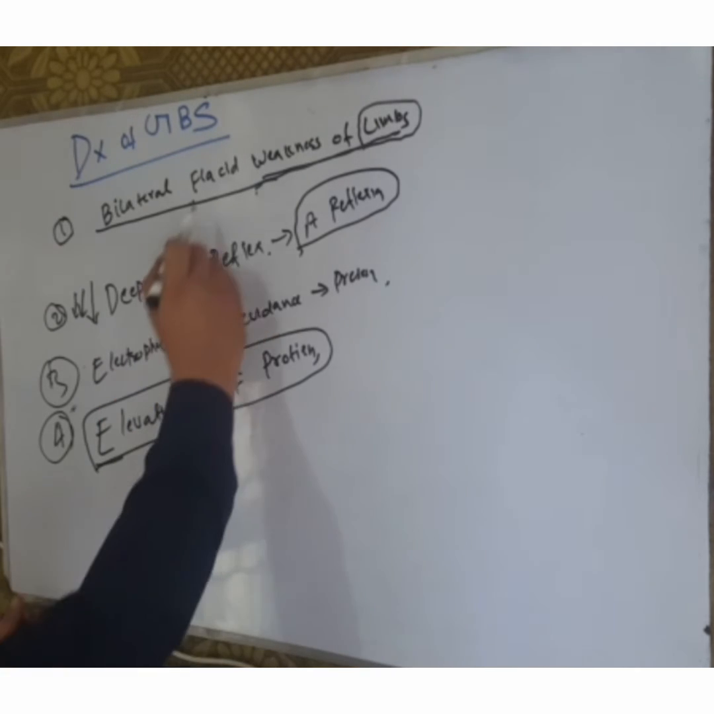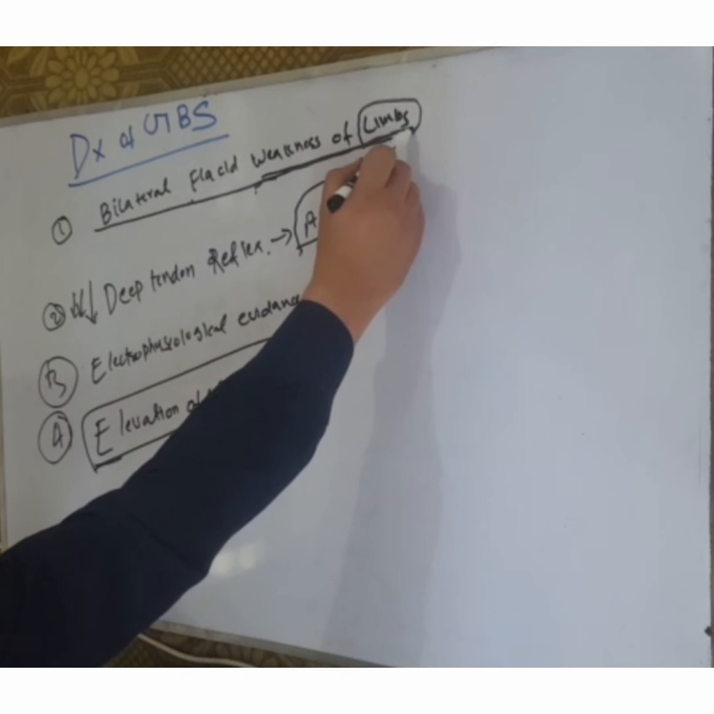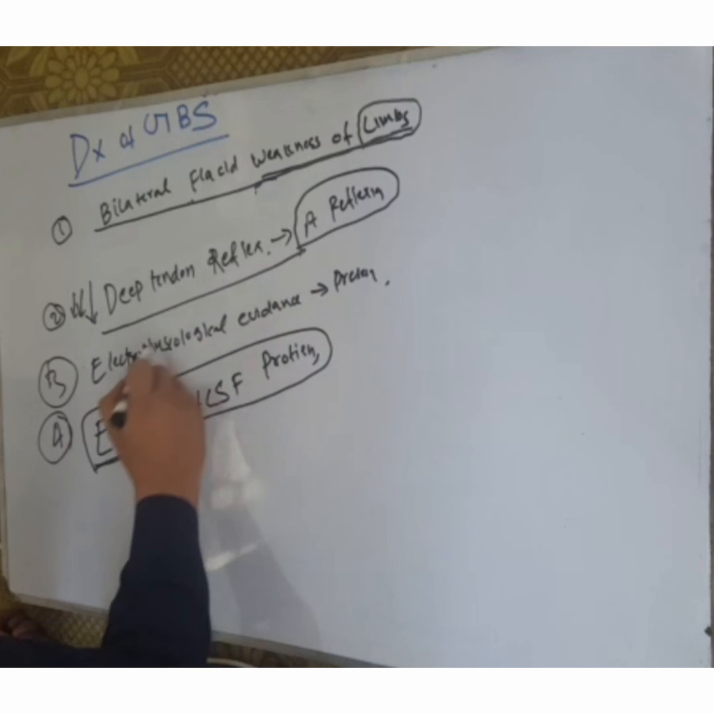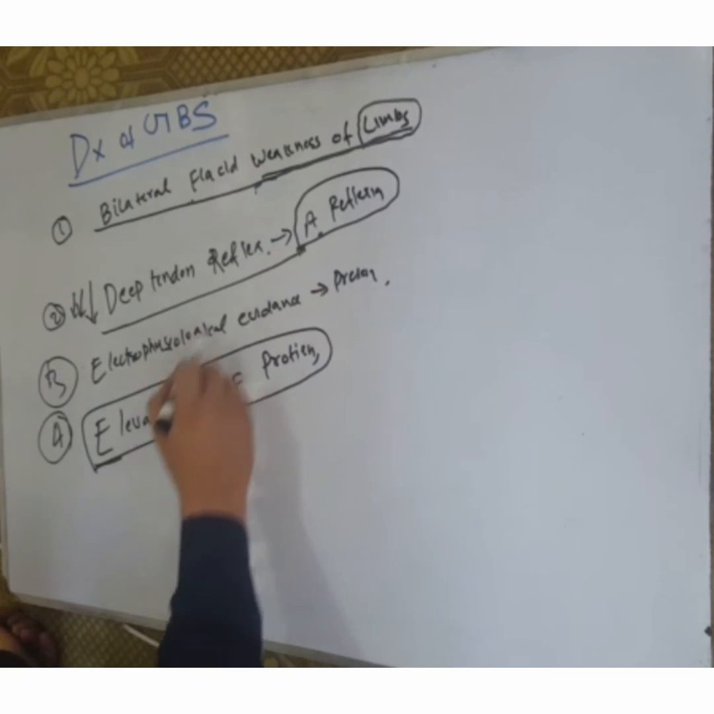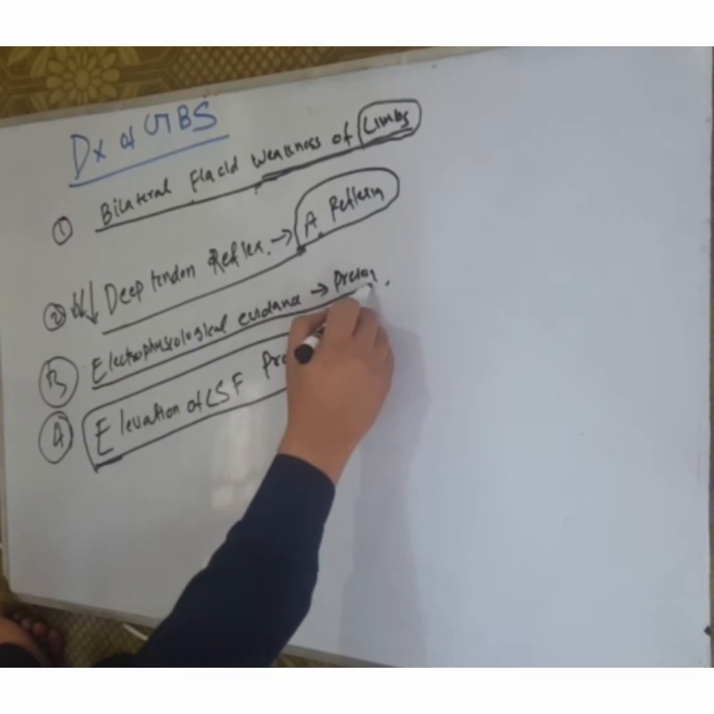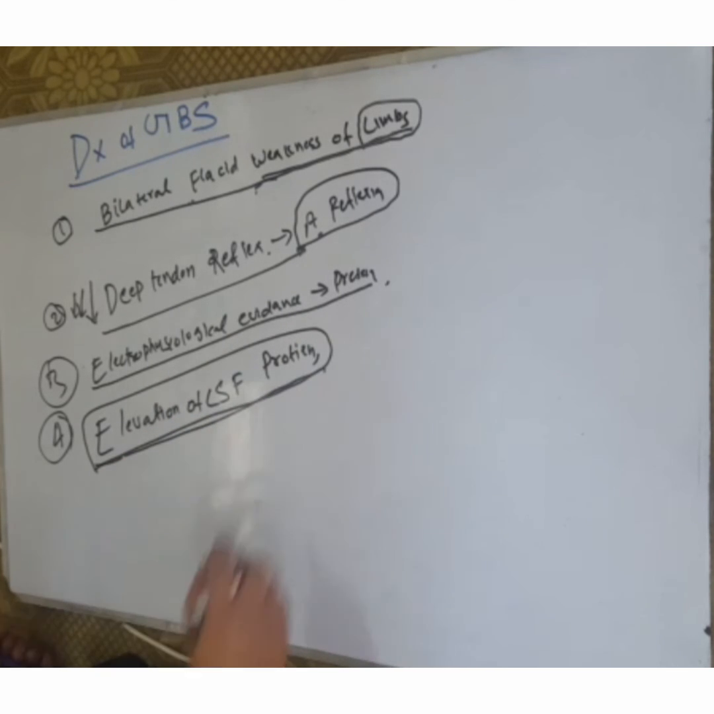Number one is bilateral flaccid weakness of the limbs. Deep tendon reflex decreases, areflexia without gait disturbances. Electrophysiological evidence may be present, and elevation of CSF protein without pleocytosis. CSF protein may be 1 to 10 gram